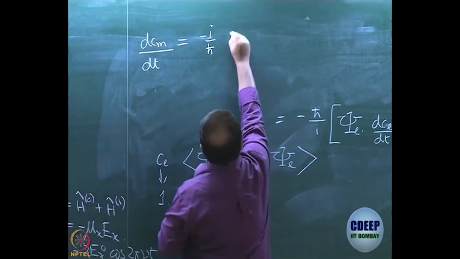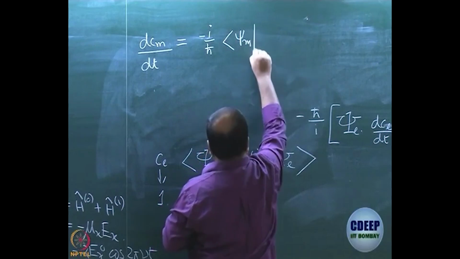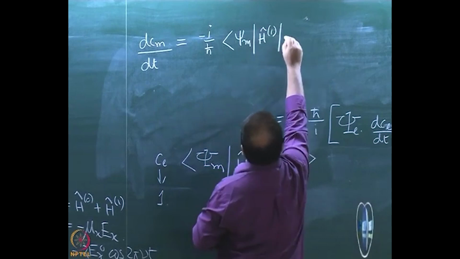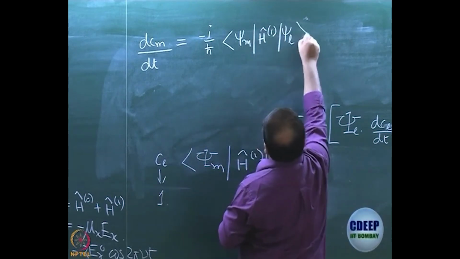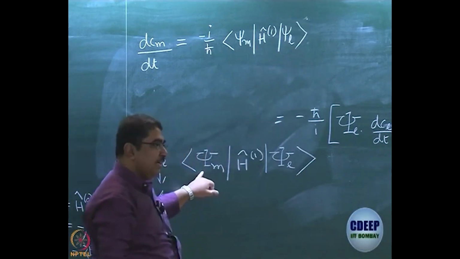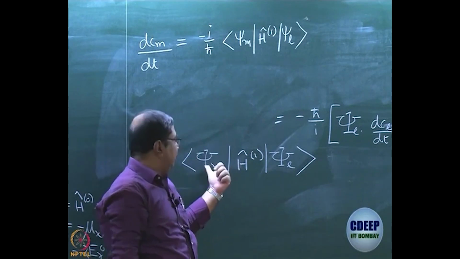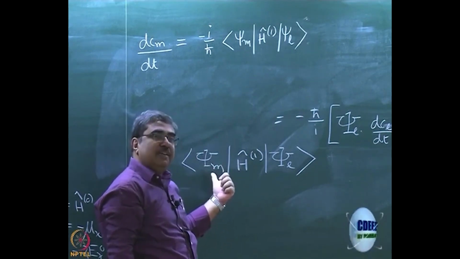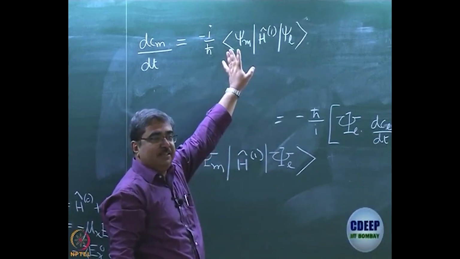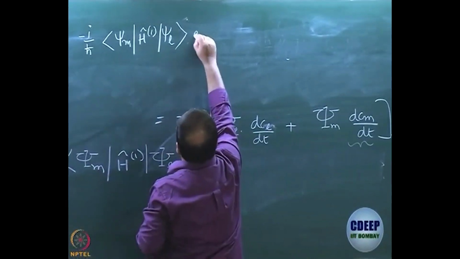So, I can write it like this, integral over space psi m H1 psi l. Please note, psi m and psi l written here are different from what are written here. These are small psi's, these are capital psi's. So, these are product of space dependent as well as time dependent part. These are only the space dependent part, okay, and the time dependent part comes out. What does the time dependent part turn out to be? Exponential,